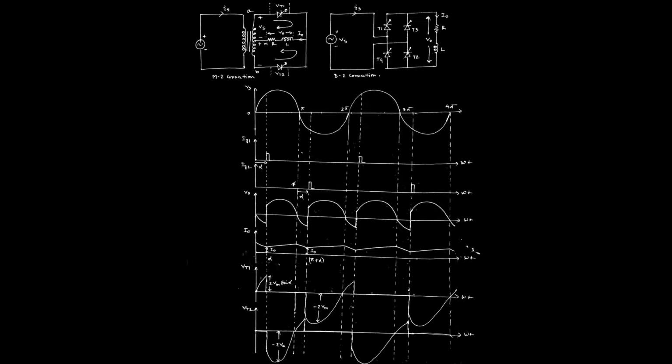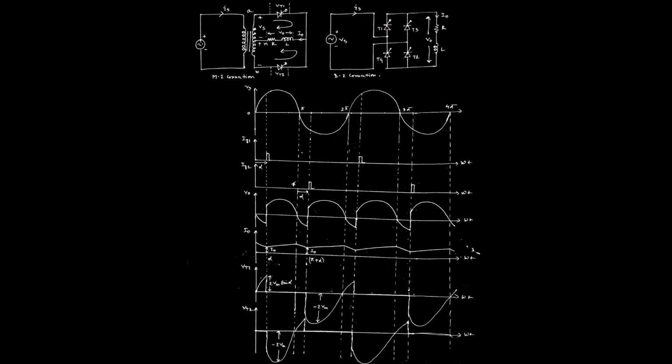That is why we can say that by using two thyristors, both halves of the supply voltage are converted to one direction, that means the forward direction. That is actually called the rectification operation. So this is the working principle in case of the M2 connection, or center tap transformer connection. Whereas in case of the B2 connection, normally two switches conduct at any instant.